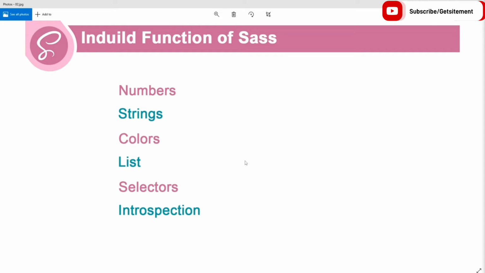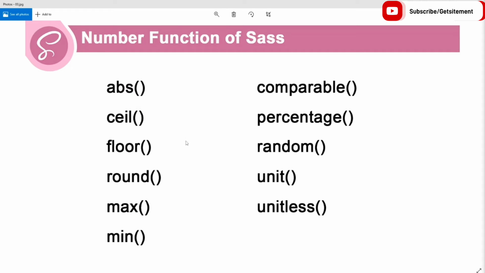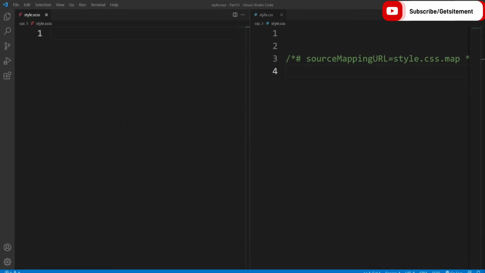So let's see how many number functions we have in Sass. As you can see, we have a total of 11 number functions in Sass. And we are going to cover all of these in this tutorial. So let's start the practical with the ABS function. Basically, the ABS function returns absolute value. Let's start the practical. As you can see, I already opened my Visual Studio Code editor, and side by side